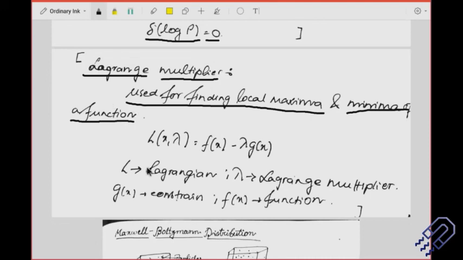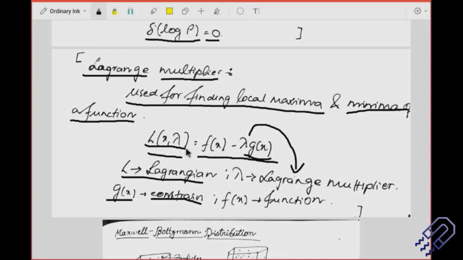So this is what is called a Lagrangian multiplier. These are nothing but certain constants. In this case, lambda is the Lagrange multiplier, and g(x) is basically a function. There are certain constraints. Like for the factory I mentioned, a constraint might be the amount of money that you can spend for manufacturing a particular product. So you consider that constraint. You consider the Lagrangian on one side. We already have the equation of the Lagrangian, we already know what the Lagrangian is, and this lambda is called the Lagrangian multiplier.